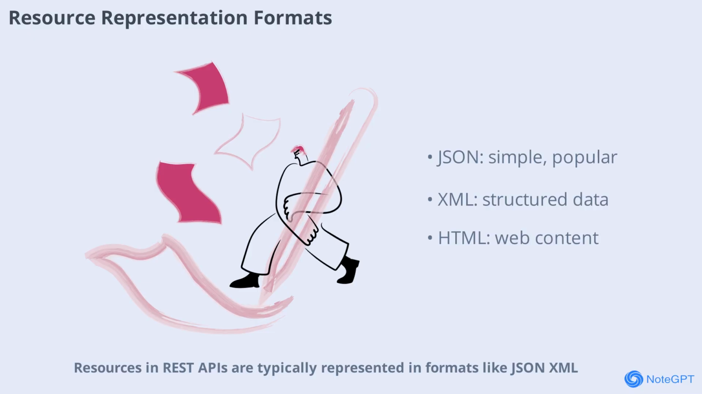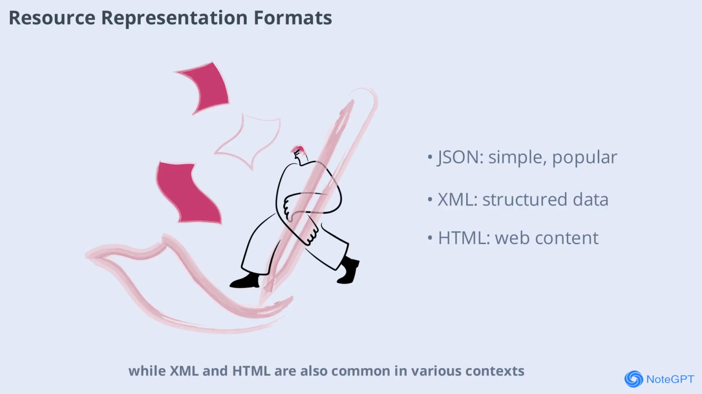Resources in REST APIs are typically represented in formats like JSON, XML, or plain text HTML. The representation captures the current state of the resource, which clients can retrieve or modify. JSON is widely used for its simplicity and compatibility with JavaScript, while XML and HTML are also common in various